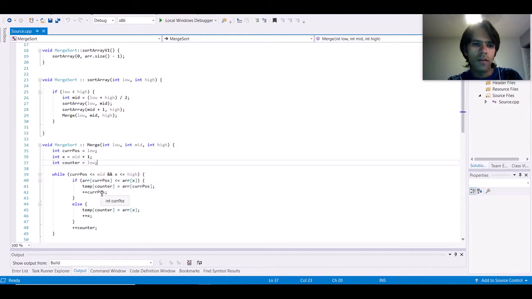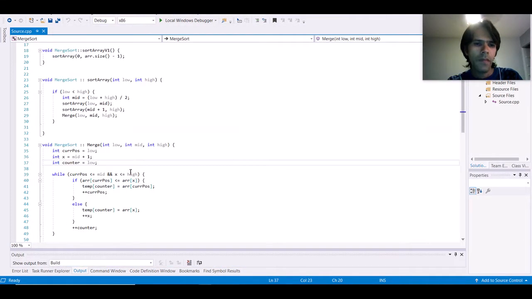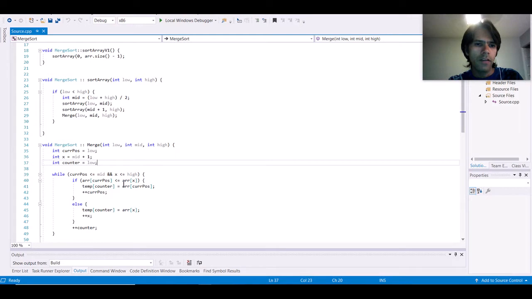My current position is pointing to this second location over here, and my array x is pointing to this position over here. So now 3 is greater than 2, so in that case I'm going to get into my else condition, and again my counter, I'm actually going to